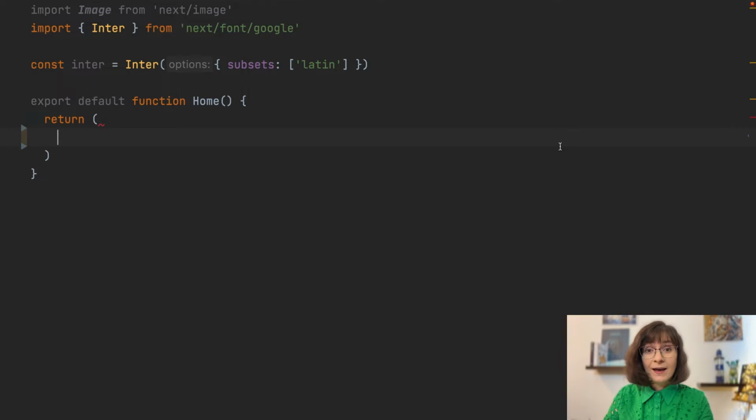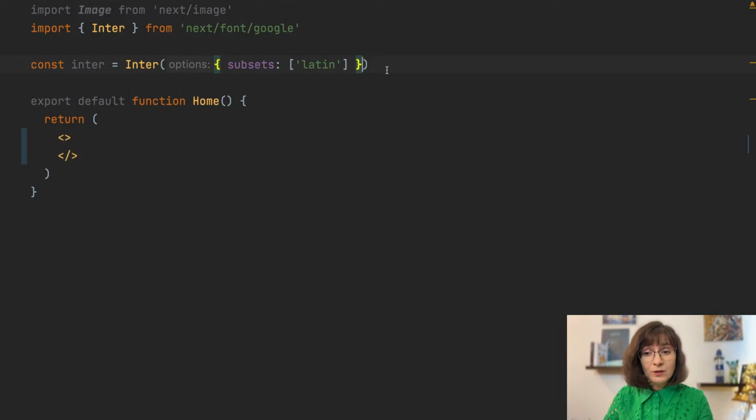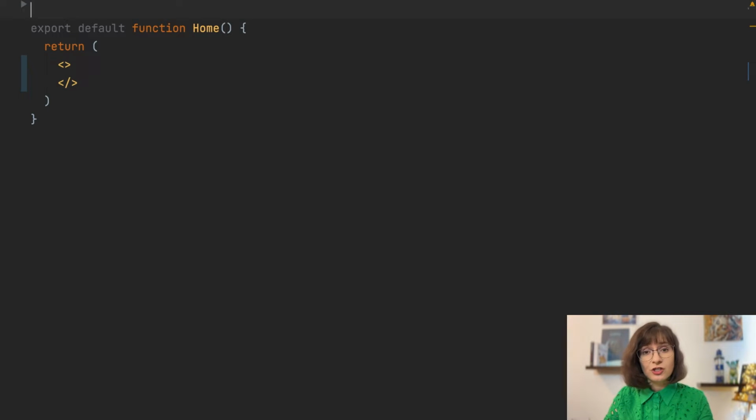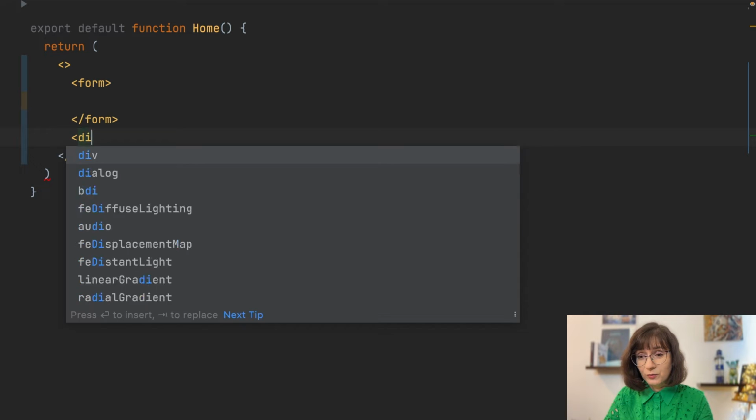And we will create an empty parent container where we actually need just two elements. We need some kind of form where a user can type the description of a movie they want to watch. That form should also contain some kind of button. And then we need a place where we will output all of those movies, all of those recommendations which we will get from the server. So let's do that. The first element will be the form, and the second element will be a div